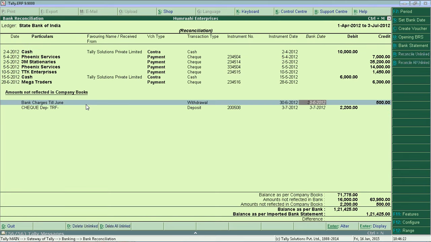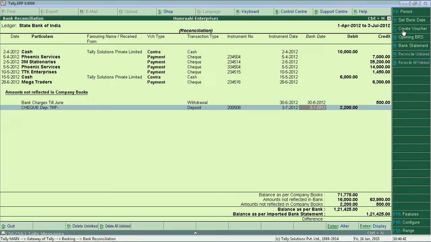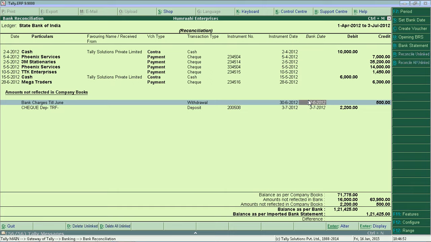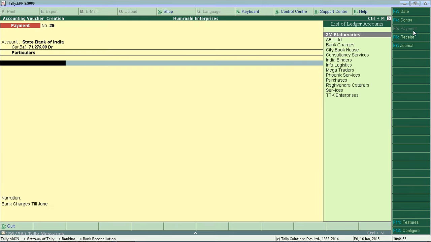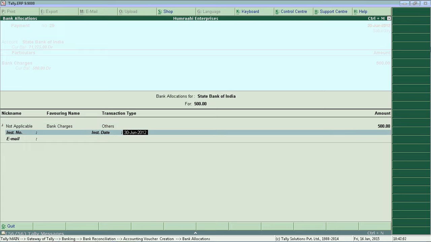And the next one is bank charges, correct? Unless you go through the bank statement, you will not come to know what charges the bank has debited. So from here, you just need to pass a new entry. Alt C. You can see here, create voucher. If it is a credit transaction, it suggests a payment entry. If it is a debit transaction, if you click on Alt C, it suggests a receipt entry. So first we will pass this bank charges entry. Alt C. Select the relevant ledger, bank charges, and in the bank allocation screen, you can select as other,